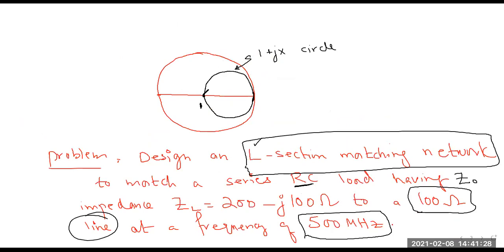ठीक है, सो अगर आप इसको रोटेट करेंगे 180°, तो ऑफ कोर्स इसका मतलब ये हुआ कि ये सर्कल यहाँ से मूव करके यहाँ पे आ जाएगा। मैं इसको ड्रॉ कर रहा हूँ, and then I will show you कि ये आपने कैसे ड्रॉ करना है। तो जब आप रोटेट करेंगे तो आपके पास इस तरह का सर्कल आना चाहिए। ये मैं कहूँगा कि कौन सा सर्कल है? It is 180° rotated 1 plus jx circle।